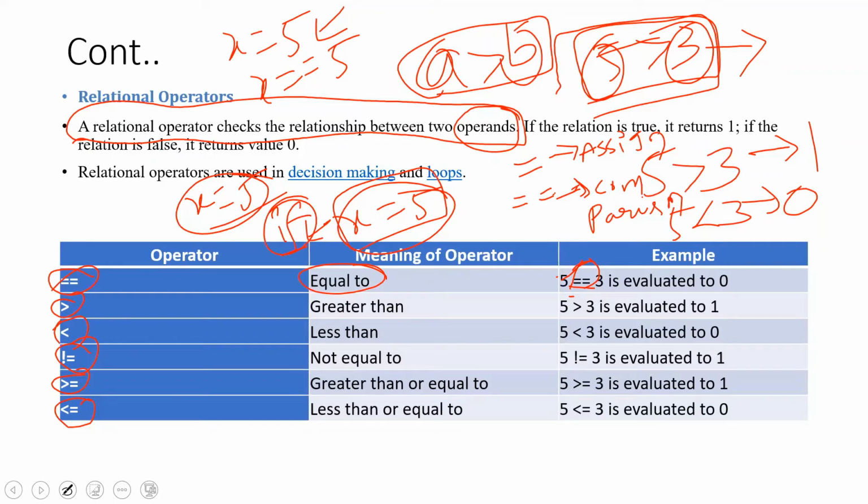But still, some programming languages use single equal to for both assignment and comparison. They conclude whether it is assignment or comparison by whether it has an if statement. If it has the if word, then the compiler thinks it is comparison. If it doesn't have any if statement, the compiler will think it is assignment. Okay, so this is about